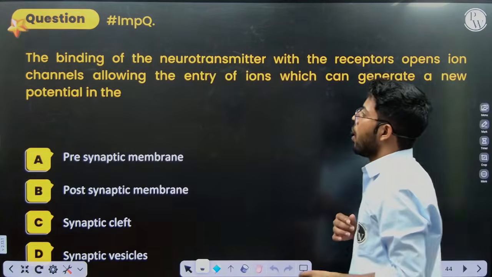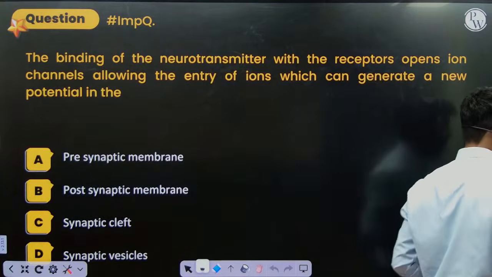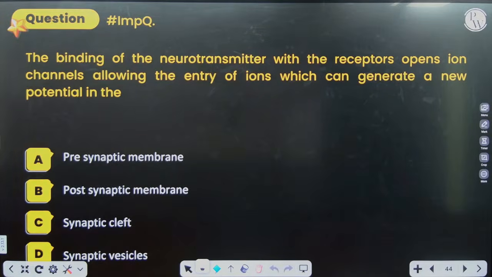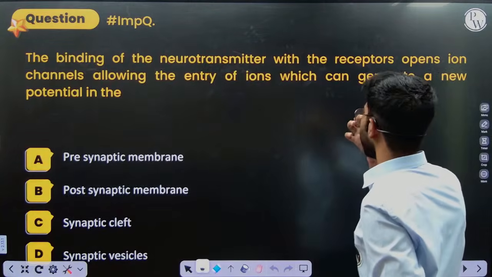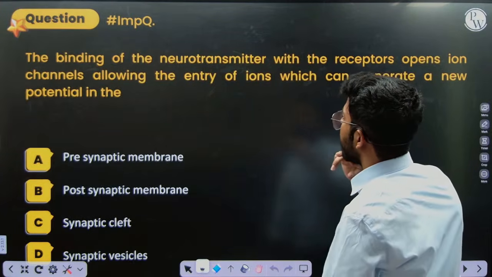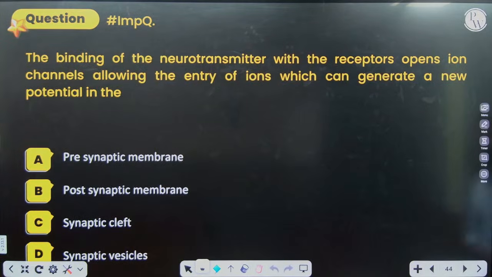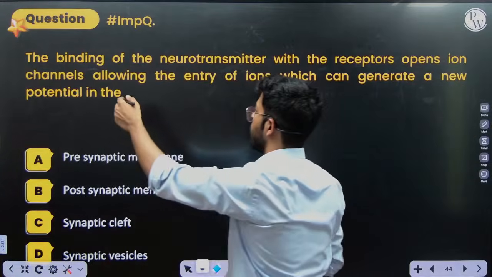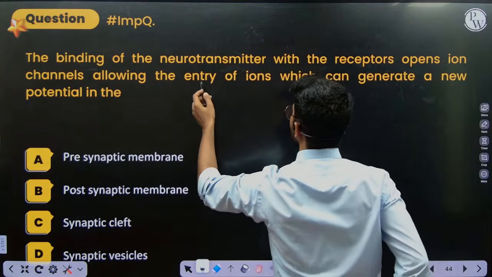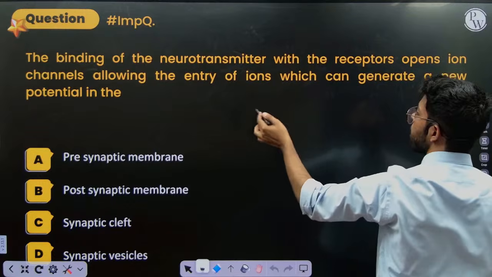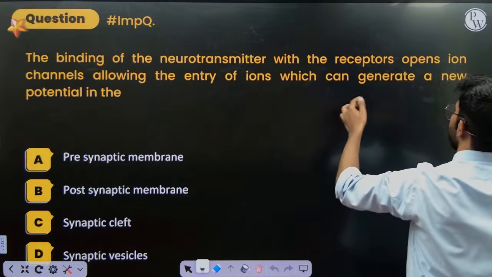Now, the binding of neurotransmitter with the receptors opens ion channels, allowing the entry of ions, which can generate a new potential in the